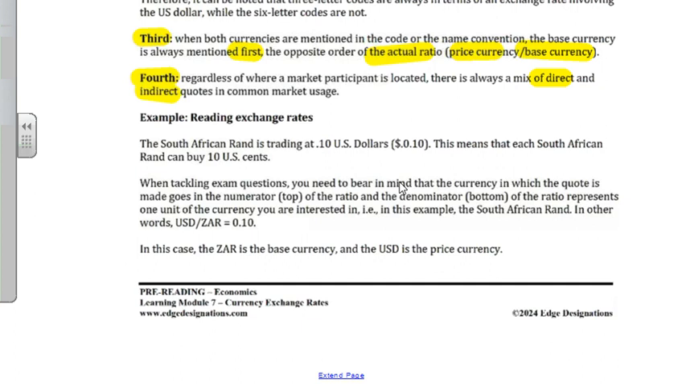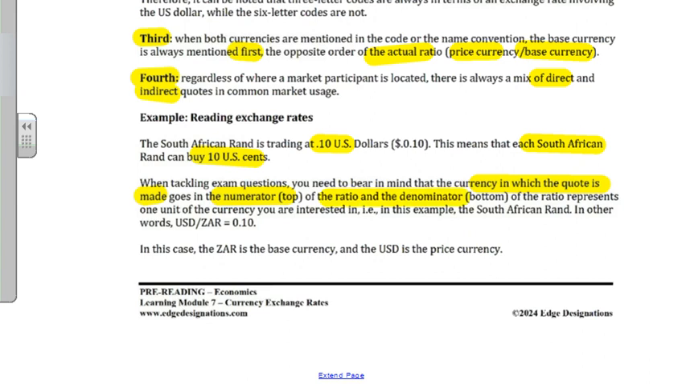Let's have a look at some exchange rates. If I said to you the South African rand is trading at 0.10 to the US dollar, that means that 1 South African rand will buy you 10 American cents. Everybody comfortable with that? Just keep in mind, of course, the currency in which the quote is made generally goes in the numerator,